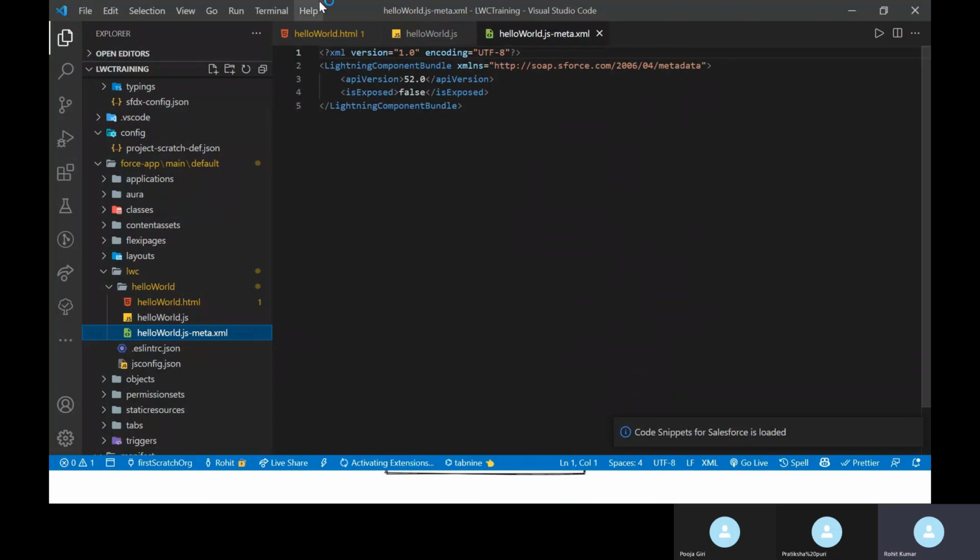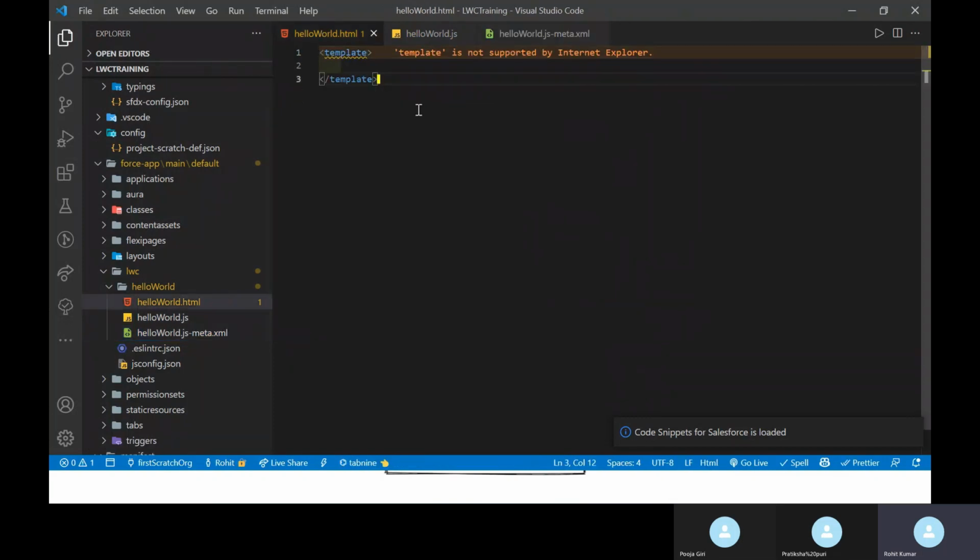Okay, so under the HTML, you can see the template. By default it is a template, and you have to write your code under the template tag, right? Then you can move here, under the template you can write your HTML like an h1 heading.